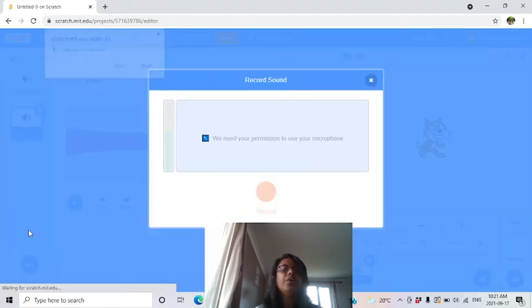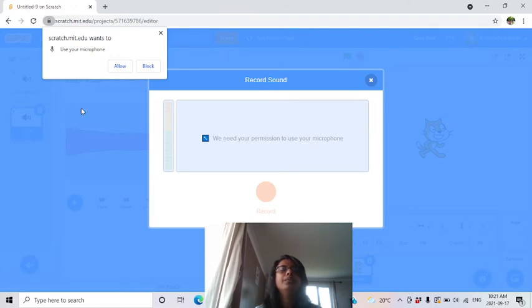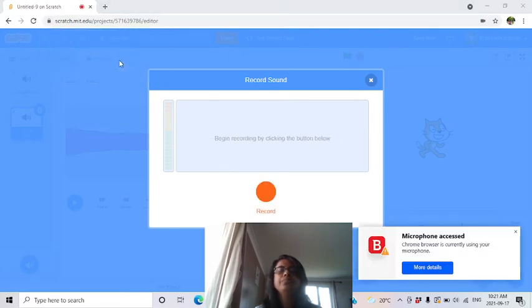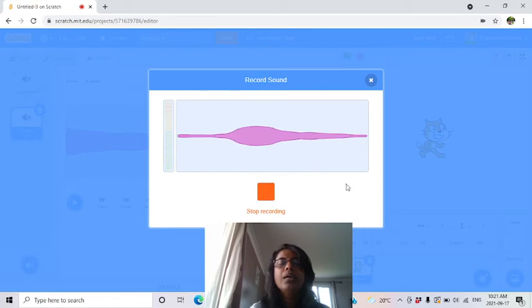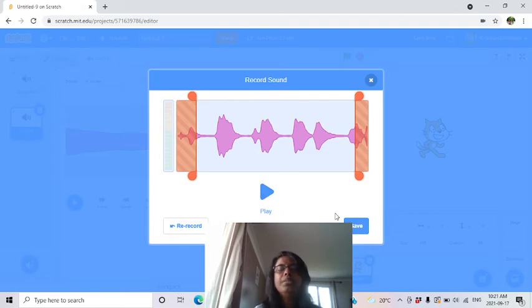The other one, you can record your own sound. Begin recording by clicking on the button below. Once you click on this, you can record. See, I just say hello. Hello, hello, hello. And I stop recording. Now this one you can save.